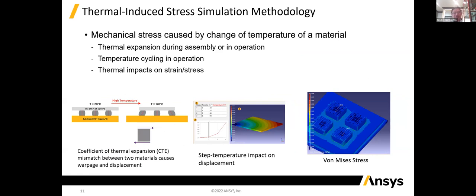So when the temperature increases, they will see a different expansion rate, and then strain and stress will occur. The thermal induced stress, including the warpage, the strain and the stress, happening in the ELK, extreme low K area in the dielectrics, will cause damage to the 3D IC system.